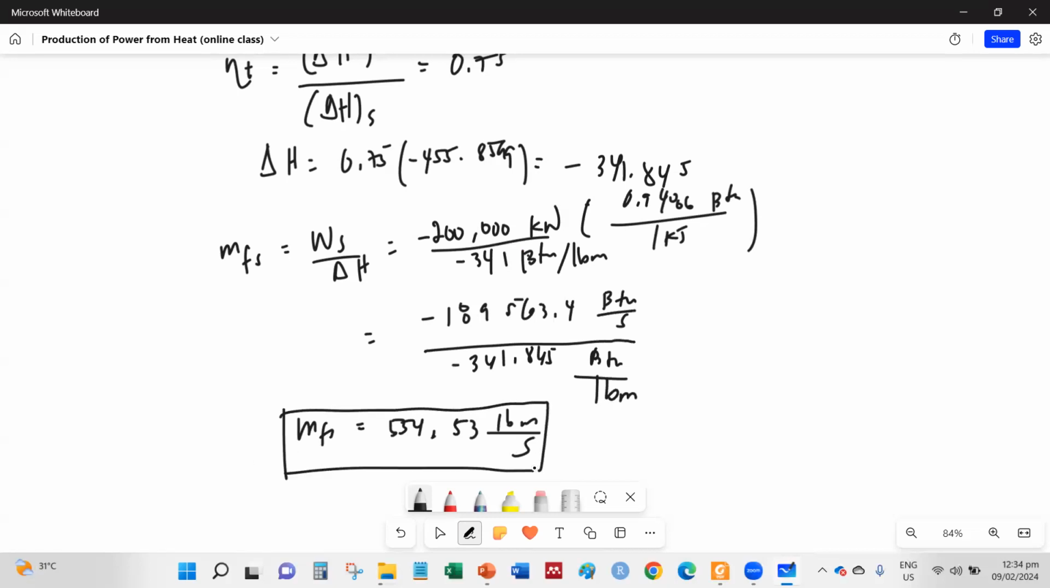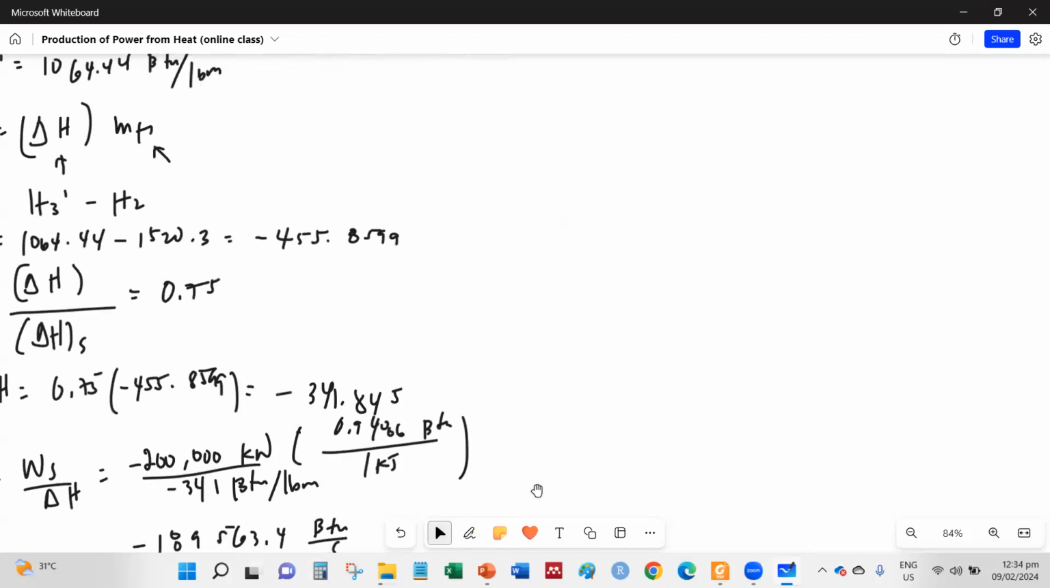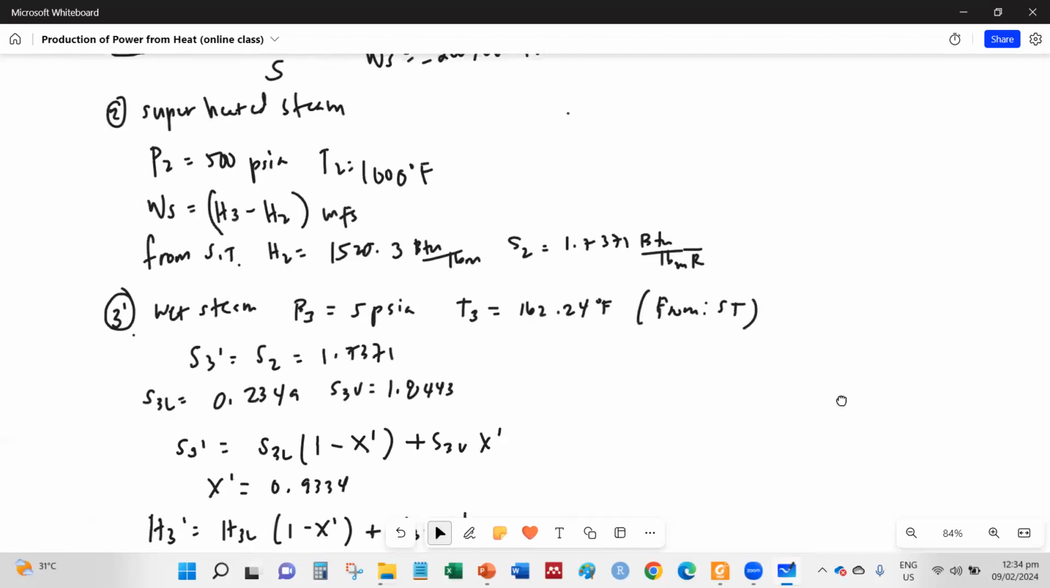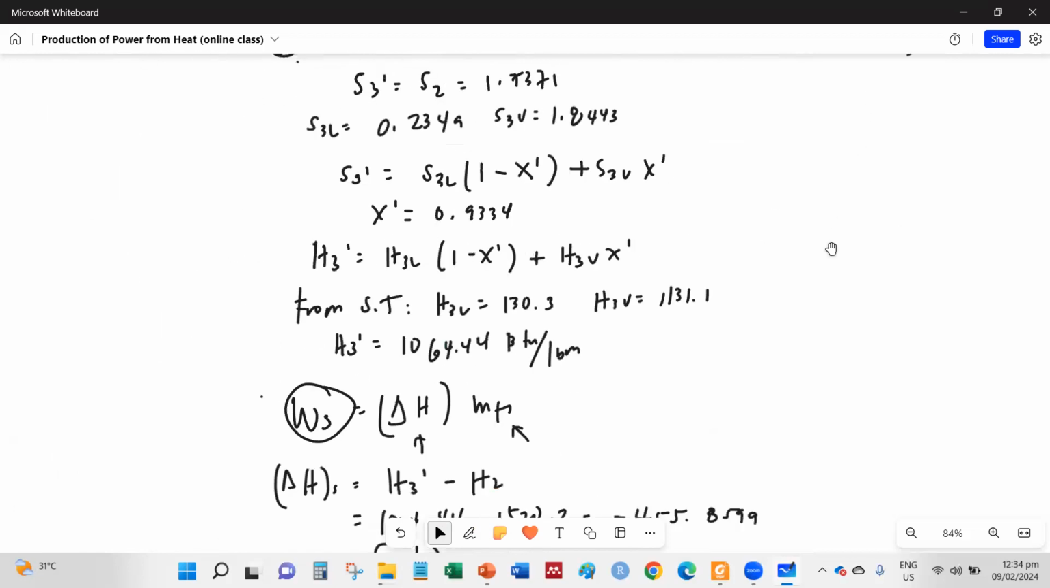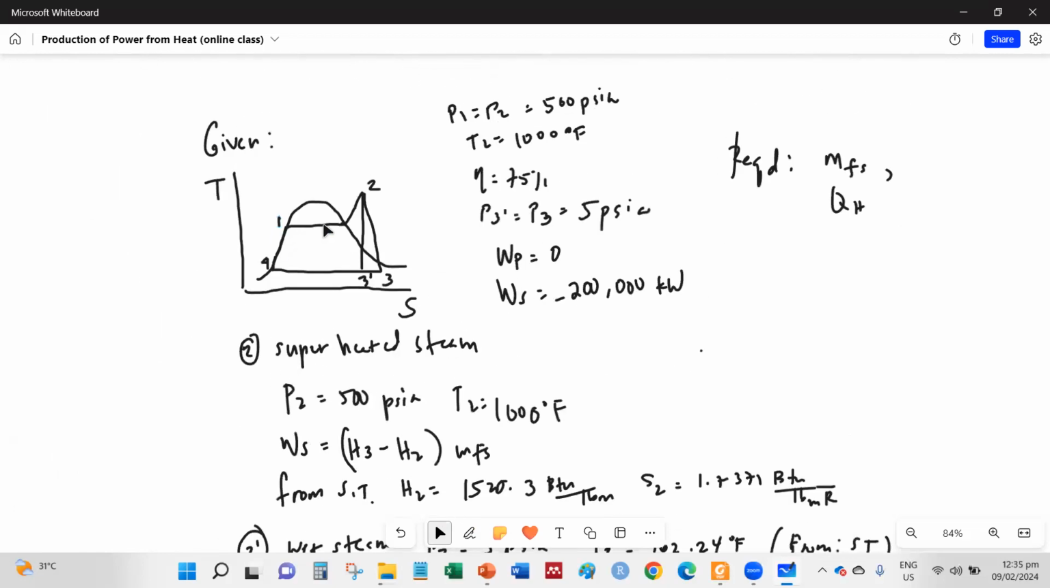Okay, we're halfway done with the required. So now let's try to solve for QH. QH. So this QH is the heat absorbed in the boiler. Okay. And that would be